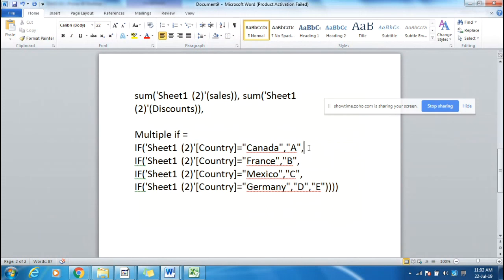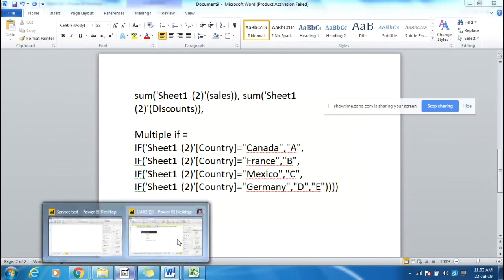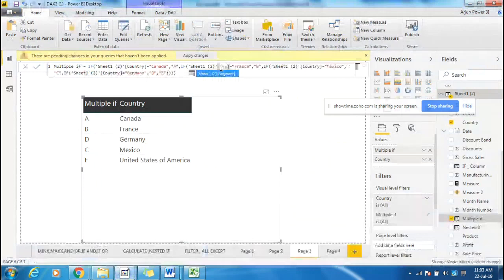Same if sum of something is greater than, display this. Put it this one. For example, here, if I am giving here segment,